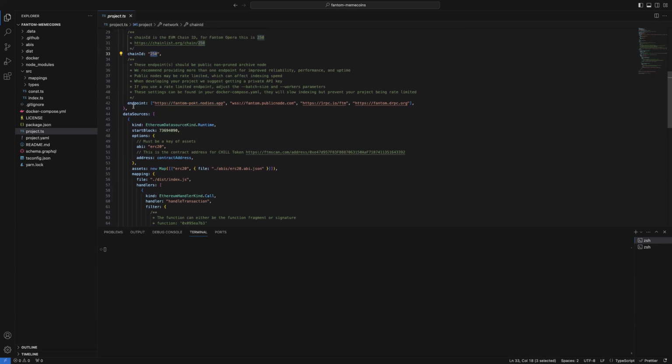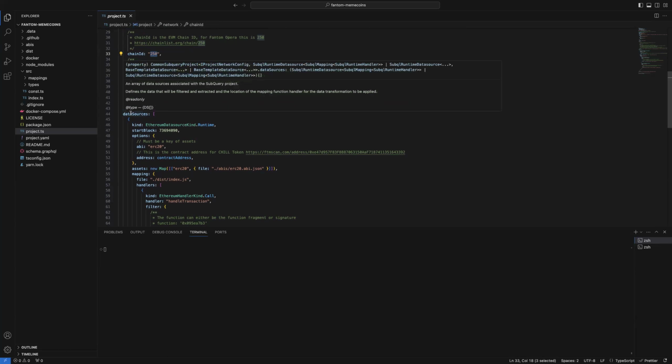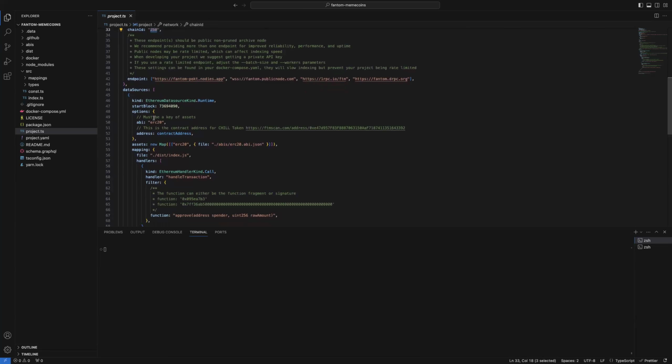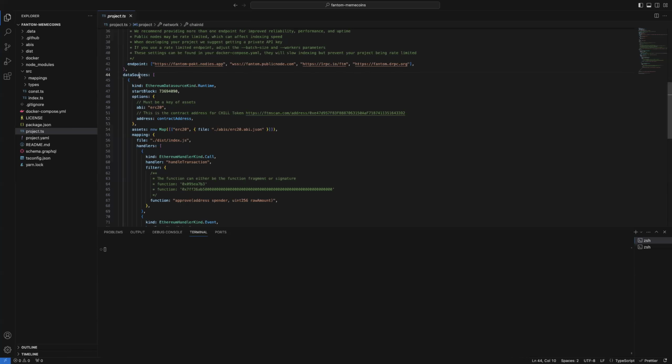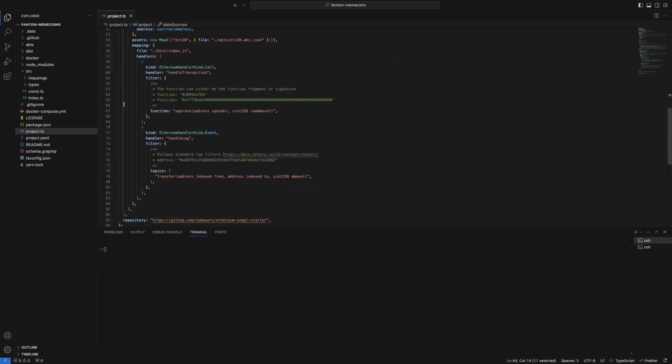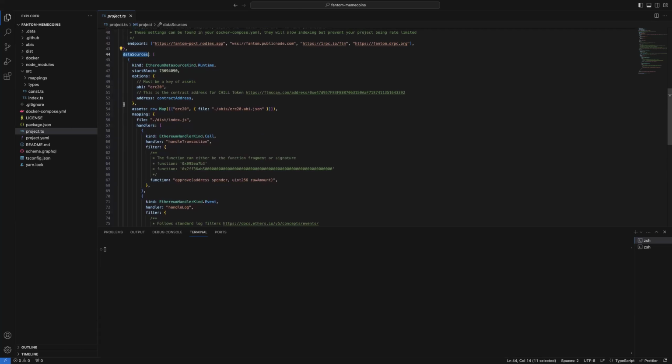We're giving the list of endpoints for the indexer to try to fetch data from. And then data sources. Data sources is an object that we configure to specify to the indexer what exactly has to be fetched from a node, and how exactly it should be processed.